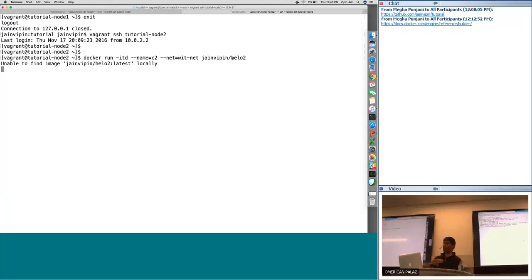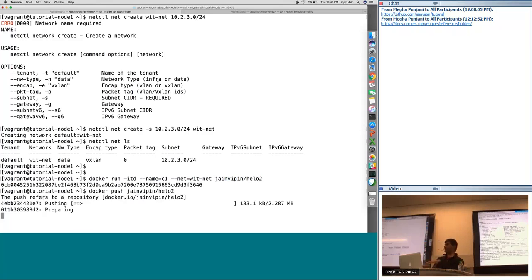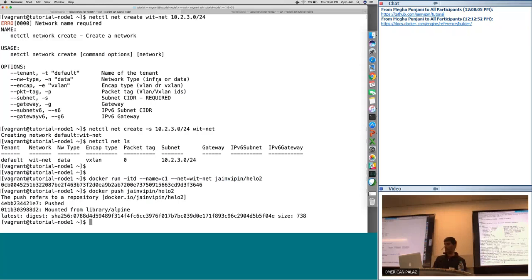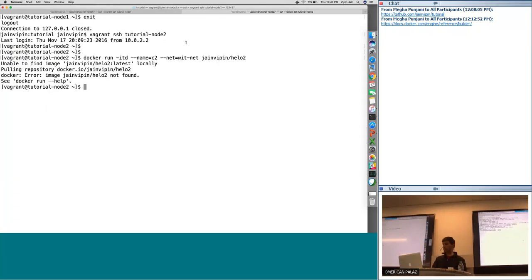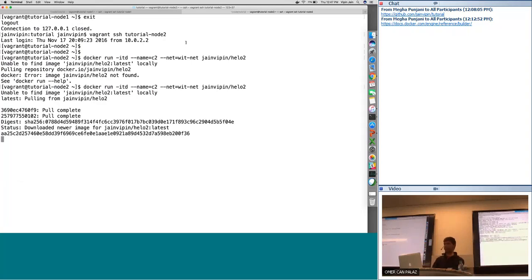Oh, well, the image is not there on this node. Oh, hello2 is not pushed. I need to push hello2 from this VM. You saw what problem we ran into? Basically, we tried to run a container on VM2, but the image didn't exist on that VM. So think of these two as two different nodes. Even if they are running geographically separate someplace, it'll look exactly the same. Now it pushed the image, so I should be able to run C2 here now. Okay, so it's pulling the container, and now it's running.